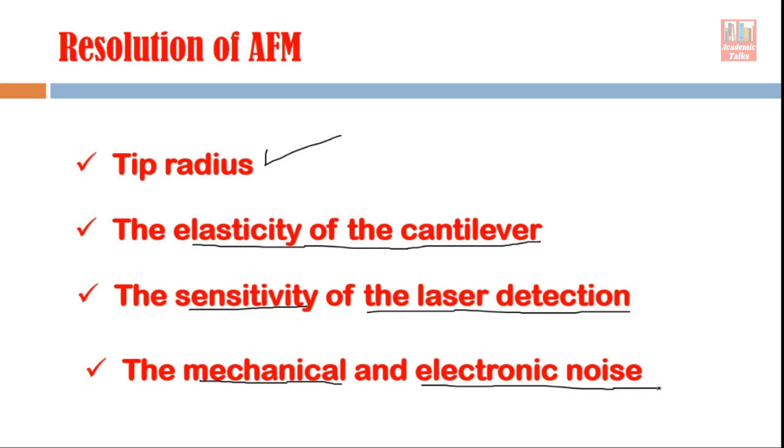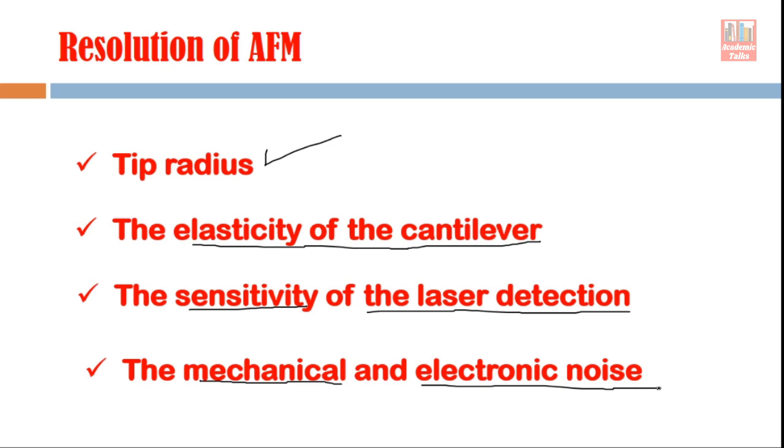So if those vibrations are able to reach the cantilever, there will be vertical deflections, and your setup will detect those deflections, because your setup doesn't know whether this deflection is because of the sample or because of mechanical noise which is taking place in your surroundings, right? So that kind of thing has to be avoided. So the table which you use for studying the solid samples with the help of AFM should be a vibration free table, and you should avoid any kind of mechanical disturbances or movements in the surrounding area, if possible within that building also.